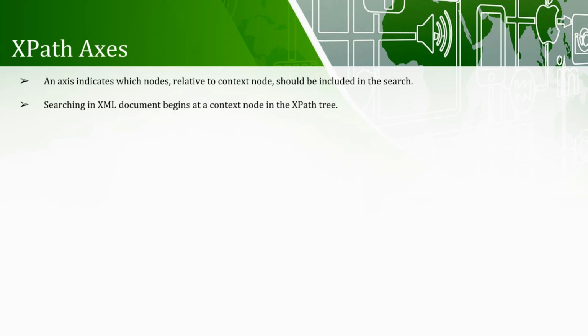Searching in XML document begins at the context node in the XPath tree. What is XPath tree? When we inspect the element on the web page, we see the corresponding HTML code. Now, sometimes the HTML code is difficult to understand. So, the easy method is to convert the HTML code into the tree format. And this tree format is called as XPath tree because the tree is now used for generating your XPath expression for